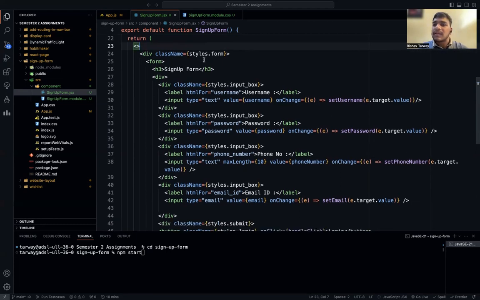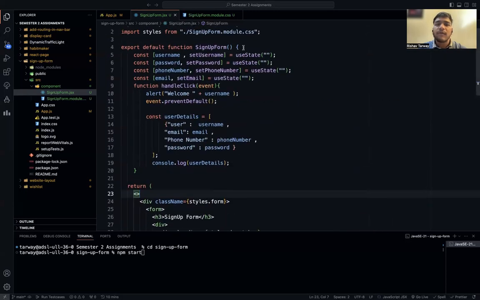So here you can see the destructure format is being used. Why destructure format? Because in order to give a class name or any functionality with any of the attributes, you have to destructure it. And here we are providing styling to that part. For that, we have given the class name. So here we are using styles.form, which we have